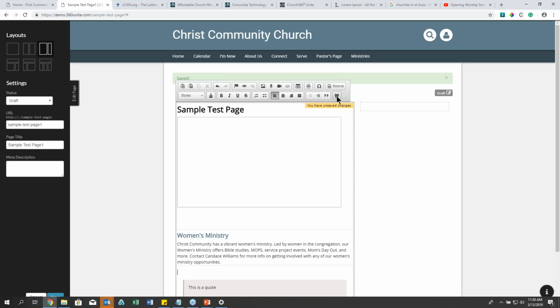So it could just be a link to the group. It could be the group description. It could also include the leaders of the group as well. So, okay. So those are the controls and tools inside of our WYSIWYG editor, and there may be screen